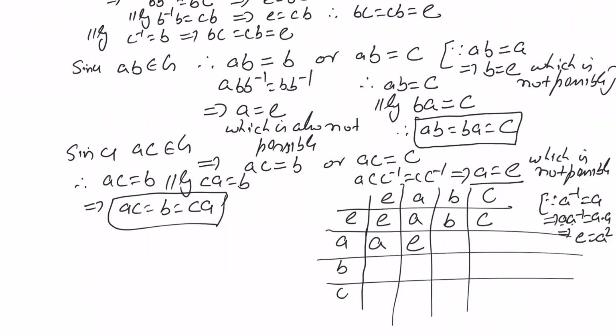A dot B, you look here, A dot B is C. A dot C, A dot C is here B. So this will be B. अब आप यहाँ देखिए हर एक एलिमेंट डिफरेंट है, A, C, B, E हर एक एलिमेंट आया हुआ है इस रो में. यहाँ भी हर एक एलिमेंट डिफरेंट है. Similarly, B dot E is B, B dot A is